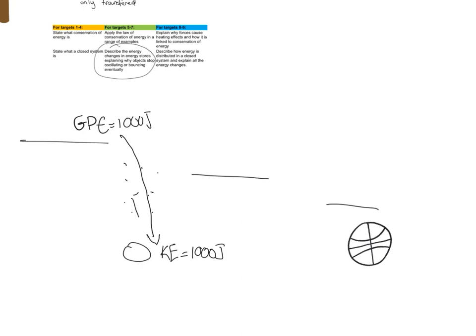But as soon as it collides with the floor, there's some heating effect, and that means some of the energy that the ball originally had has been redistributed to the thermal store of the ball and the surroundings. So if we assume that here 100 joules went towards the thermal store of the surroundings, that means the ball only has 900 joules of kinetic energy as it rises, and hence here it will be 900 joules, which means